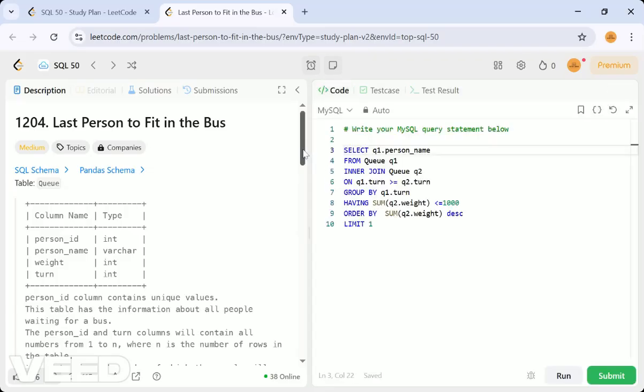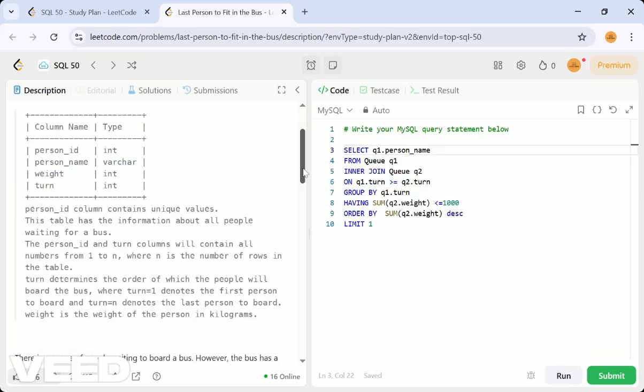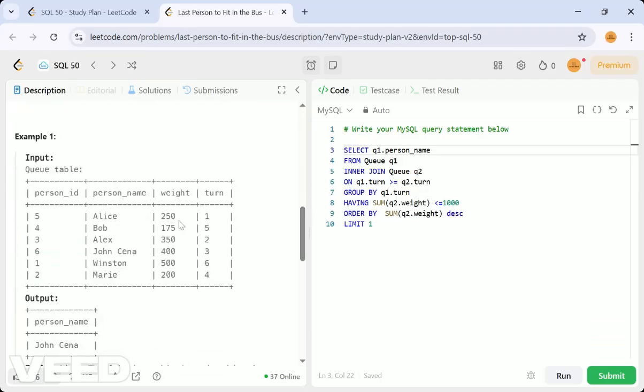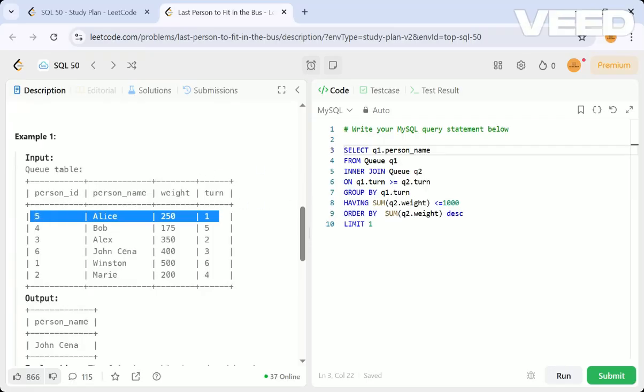Let's see quickly what we have done. We have made two partitions of this based upon turn. If it is the first turn, then whatever the lower ones are, we have grouped them on this condition, so that we get any last numbers before that.